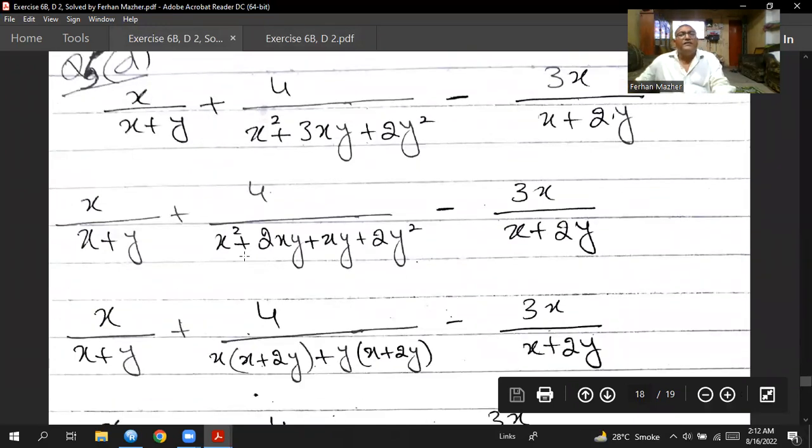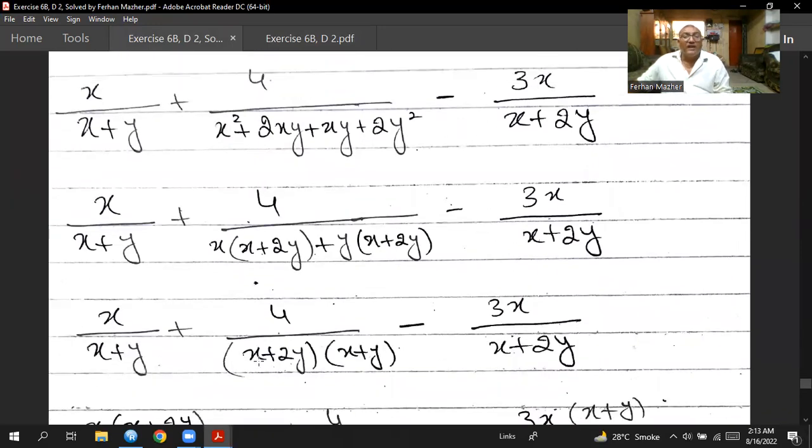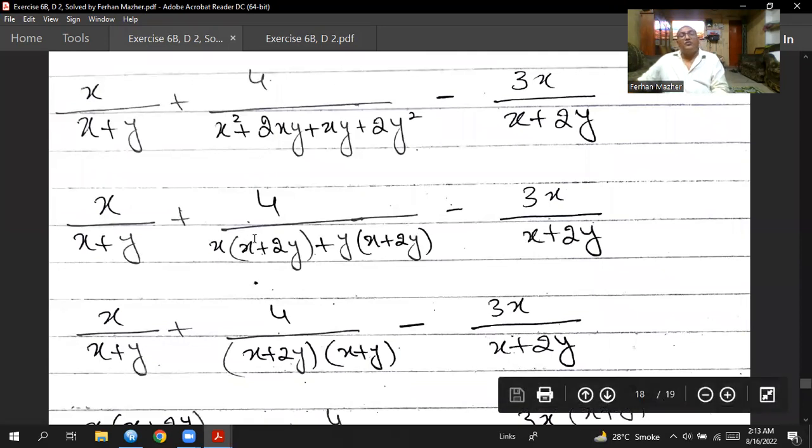So you can see here, these two are going as it is. Only we are playing with this. Okay, 4 divided by, I have done the midterm breaking here. So x square plus 2xy plus xy plus 2y square, minus the rest of the things are same. This fraction, this fraction. So you will have x by x plus y and plus 4 divided by, in the